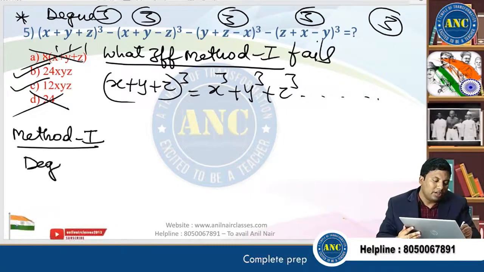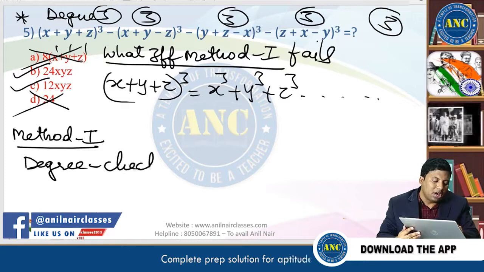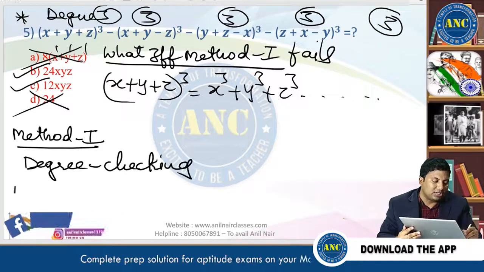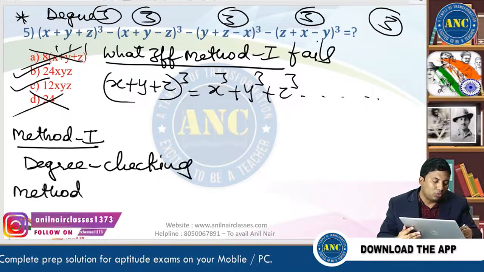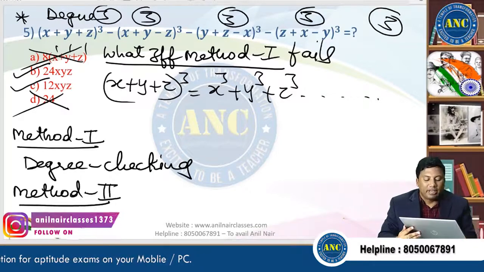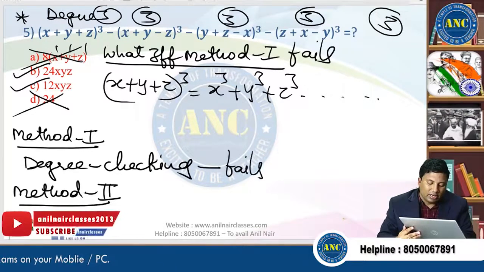Method 1 is degree checking. It does not mean that you will get all the answers. Then I will go to method 2. Method 2: if the degree checking fails,